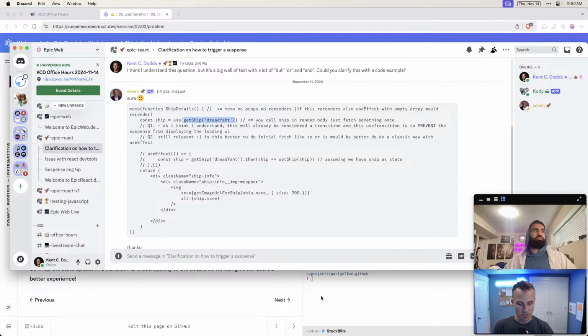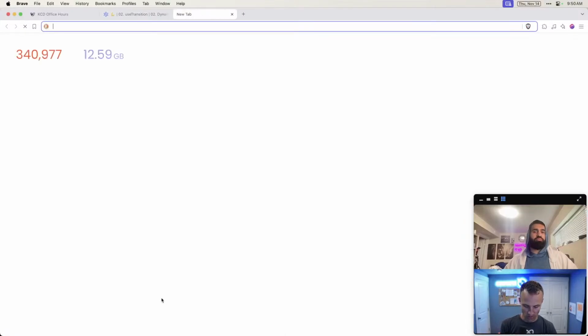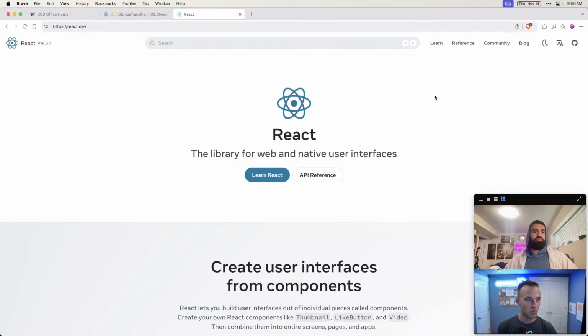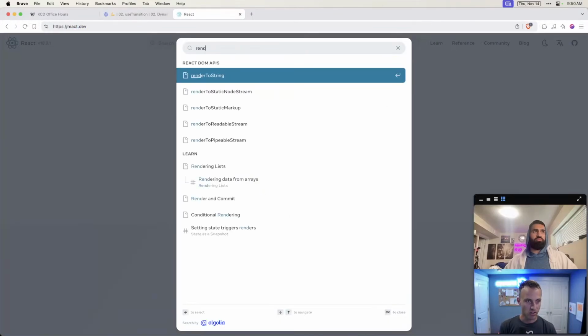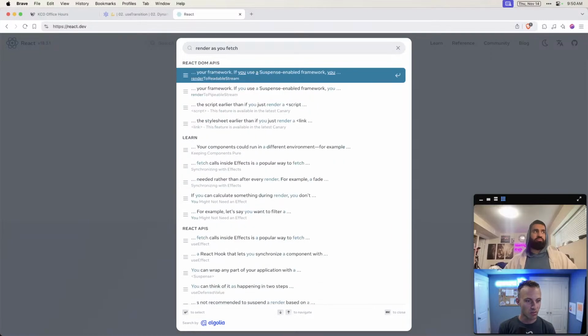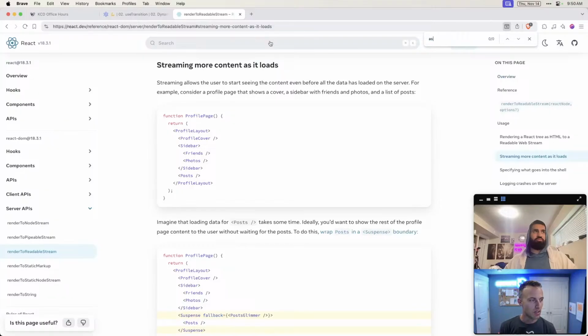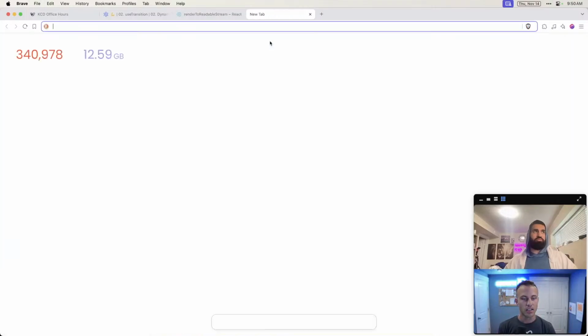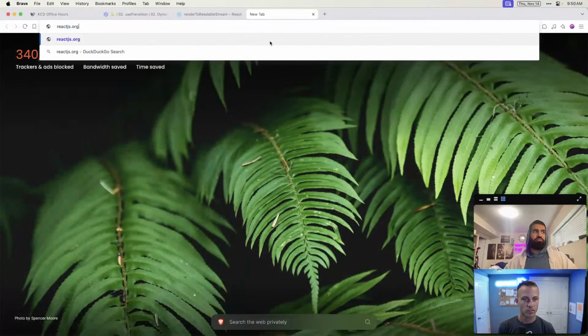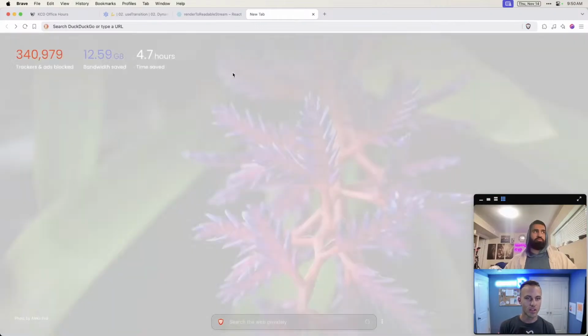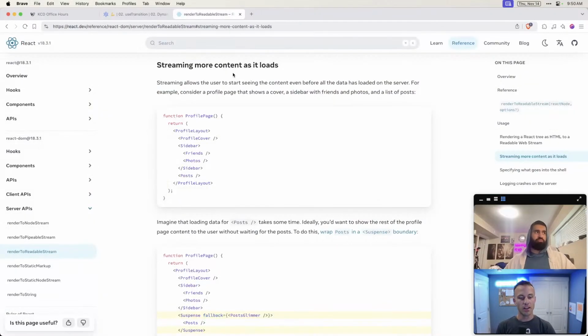there is this concept called fetch as you render, or render as you fetch. People always said it different ways, and so now I'm messed up. Let's see if I can find what the proper verbiage is. Render as you fetch. Maybe they removed it. Now, I think it may actually be in the old docs. No, oh man, we can't get to the old docs. Anyway, I think it was called render as you fetch.